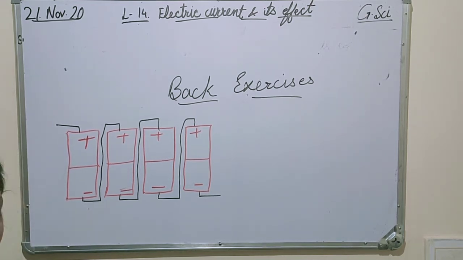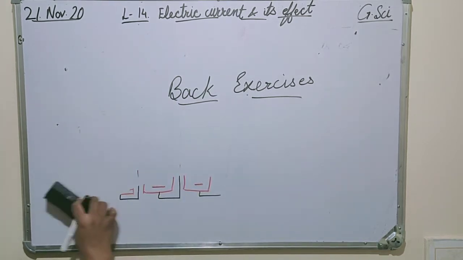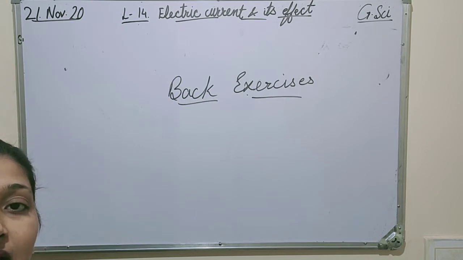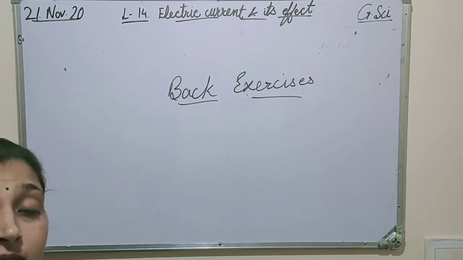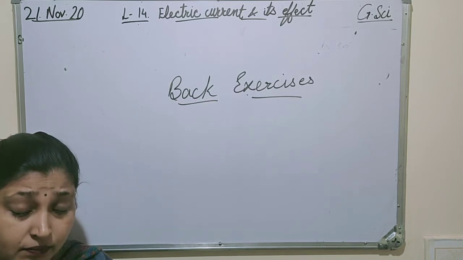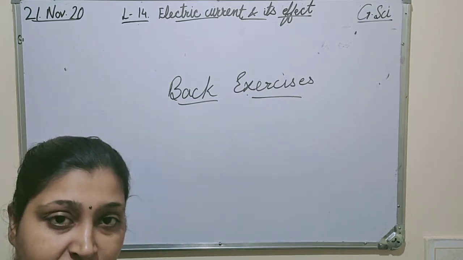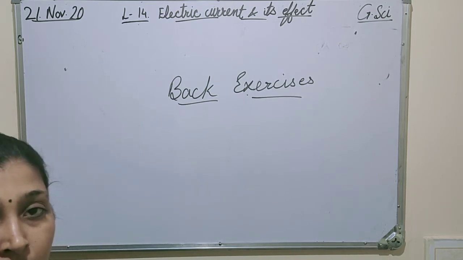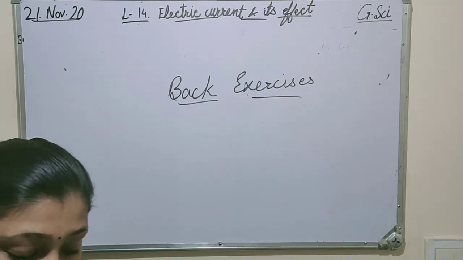Okay. In the fourth question, a circuit is given and it is said that the bulb is not glowing here. What may be the probable reasons? The probable reason may be that the battery is not connected properly. If you check, the cells are not connected properly. Positive terminal is attached to the positive terminal. So what may be the reason? Positive terminal should be attached to the negative terminal so that the cells are connected.